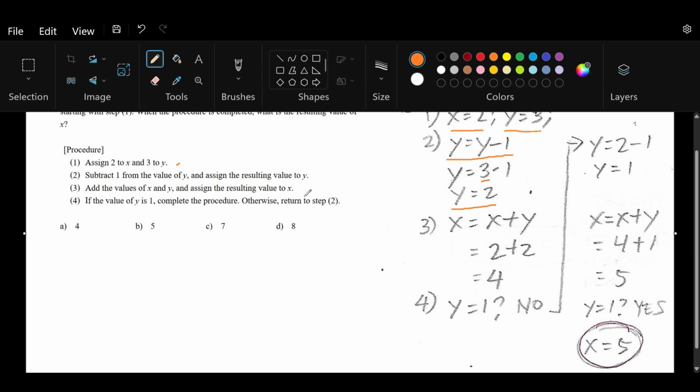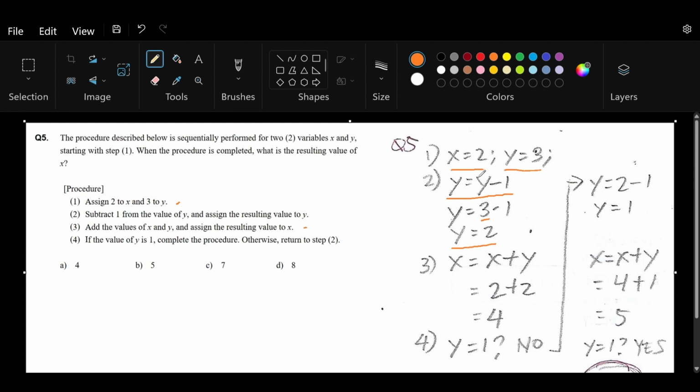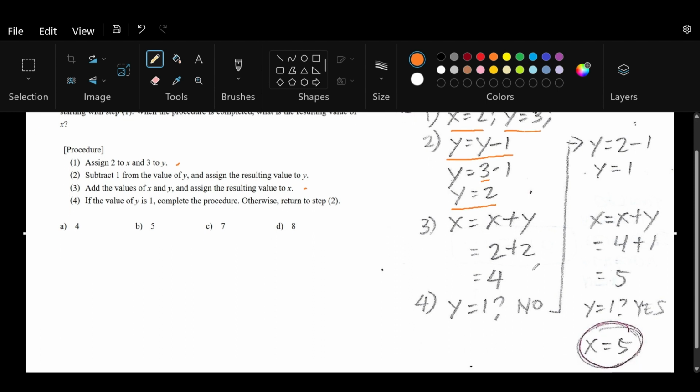The third step says that we have to add values of x and y and assign the resulting value to x. That means that x is equal to x plus y. We know that the value of x from the first step has the value of 2, and from the second step, y is now 2. So that's why when we do x plus y, that is 2 plus 2, and that's also why we get